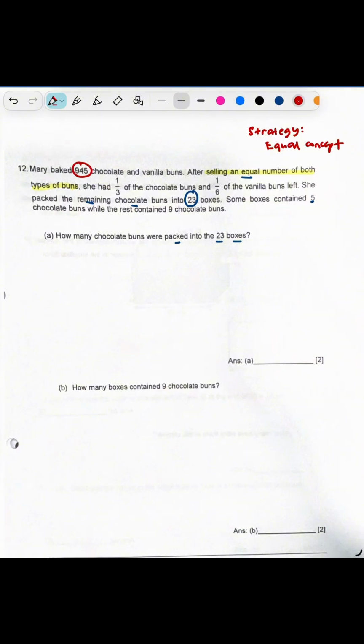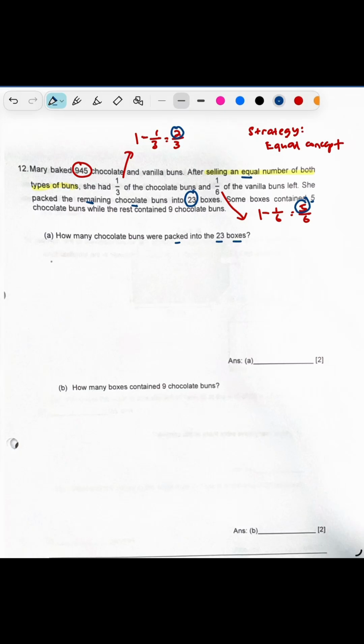So now, let's take a look at the fraction. After selling an equal number of both types of buns, she had 1/3 of the chocolate buns left. So how much was sold? Yes, it's 2/3 sold. How about vanilla buns? If there is 1/6 of the vanilla buns left, how much of the vanilla buns were sold? 5/6. This also means that we are going to draw a model to equate that 2 units from the chocolate buns is equivalent to 5 units of the vanilla buns,